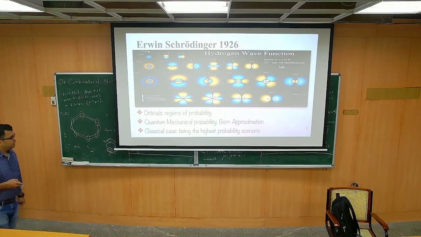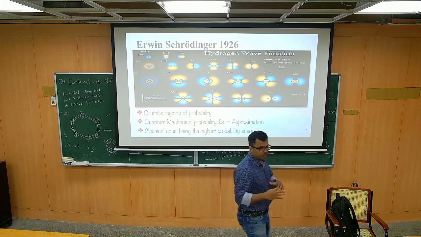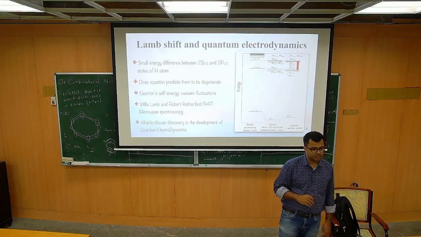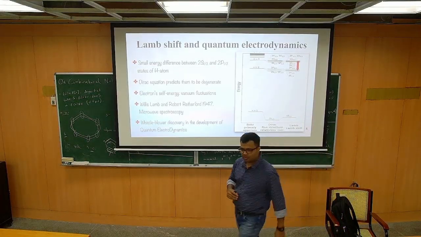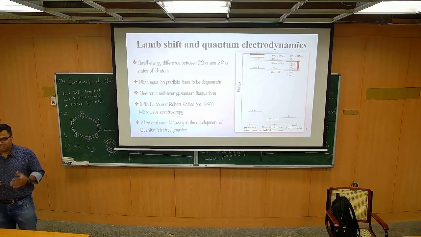Okay, and the distribution of this probability distribution is determined by quantum mechanics. This is what Erwin Schrödinger actually argued. I assume that you may have had some exposure to these things, at least in some videos or somewhere, if not in the classes. But are we done with the understanding of the atom?